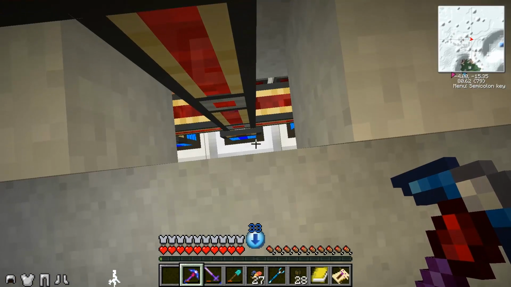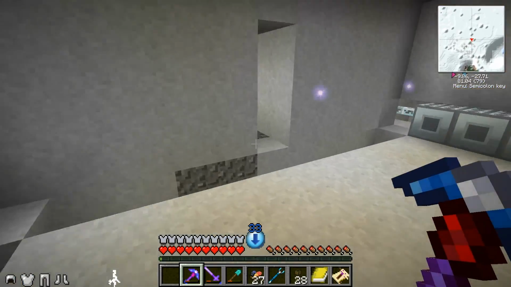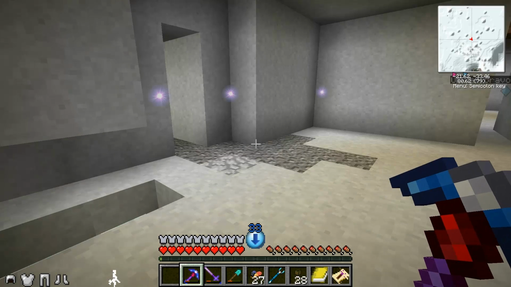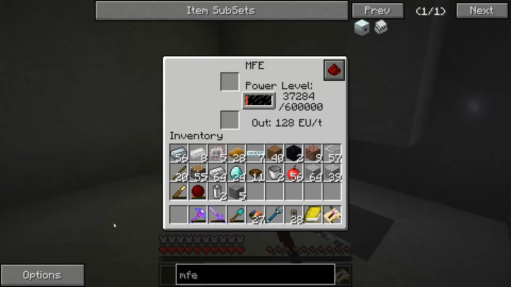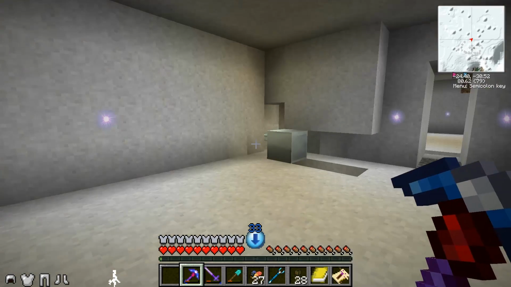These are probably still too hot, aren't they? No, they're outputting. Okay, they're going. And we're getting energy, aren't we? Yes, we should be. There we go. We got energy, and it'll be up to 600,000 EU. That'll be, well, actually, I think that's already more than what we have over there. So that'll be good. That will be good. And if we wanted to, we can probably...